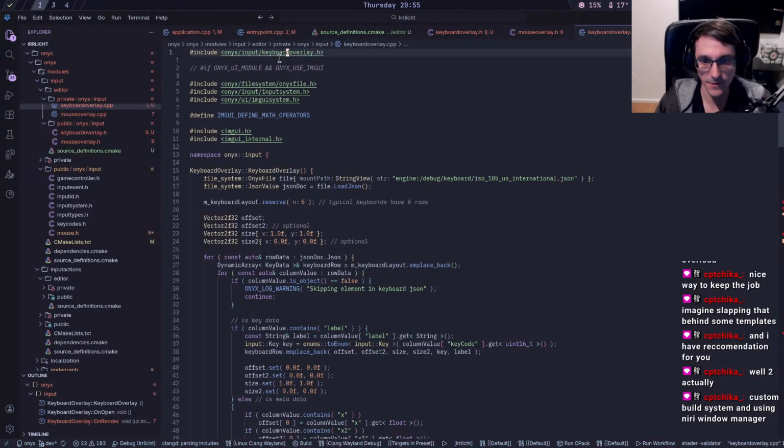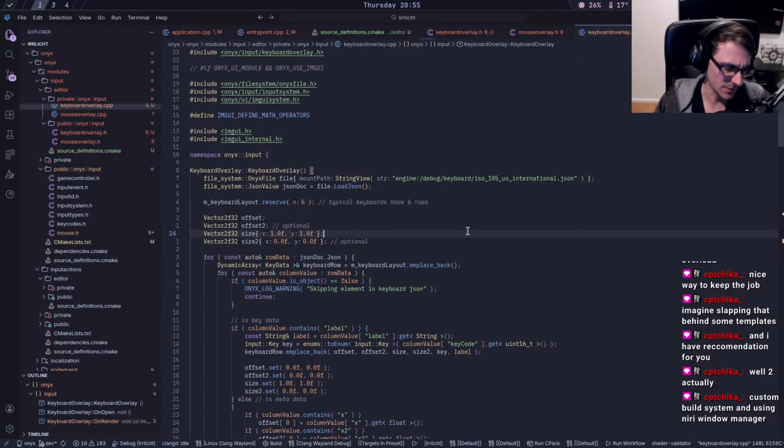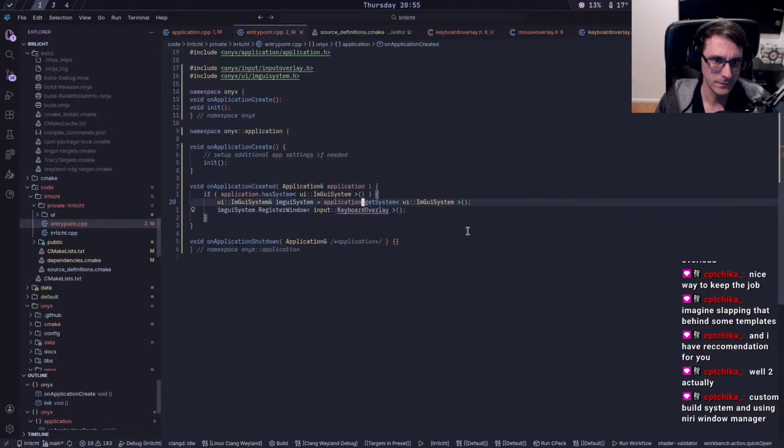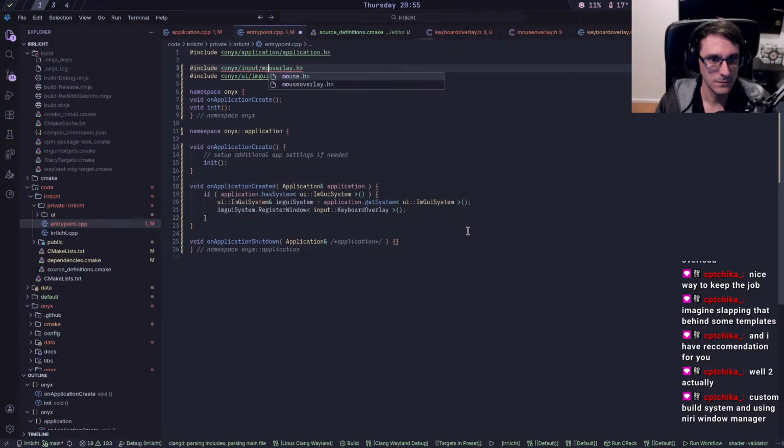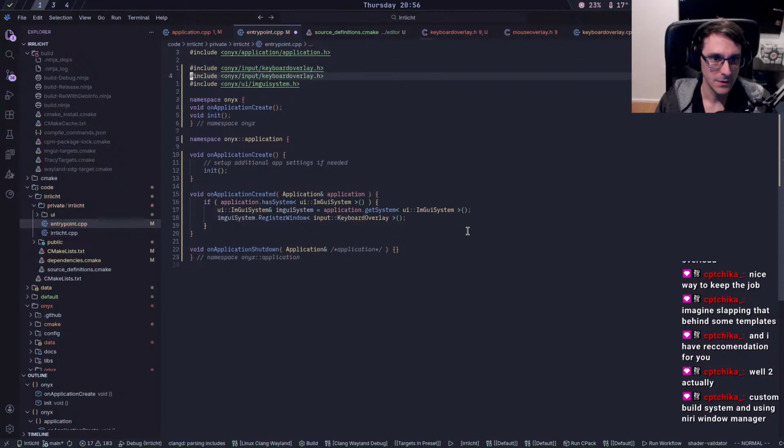Keyboard overlay, and then was it an entry point? I think that, yeah. Oops, keyboard overlay, and